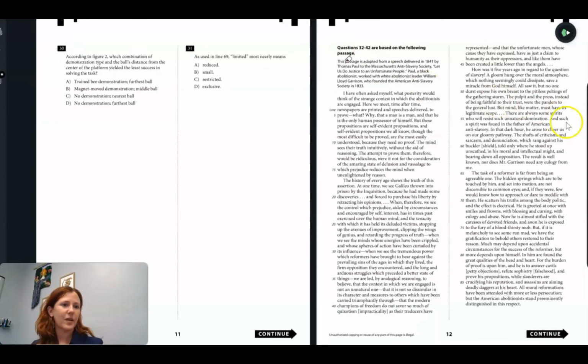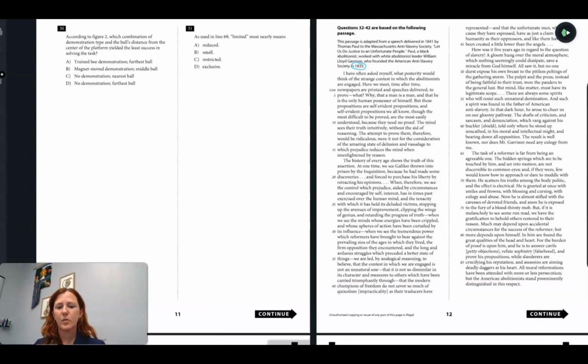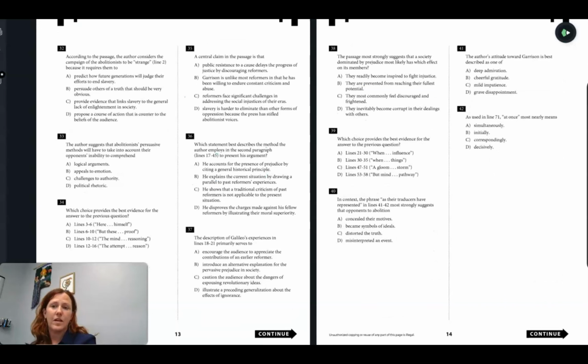All right, guys, we have our fourth passage. This is Passage 4. It was written in 1833, so I already know it is my global conversation piece. It's going to be informative by nature, and it is not paired. Question 32 starts out with "according to." I already know that this is a content question. It does not have a COE follow-up, so it looks like I'm going to be going to line 2.